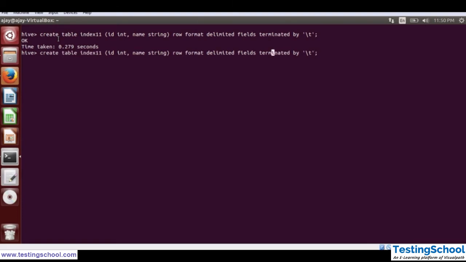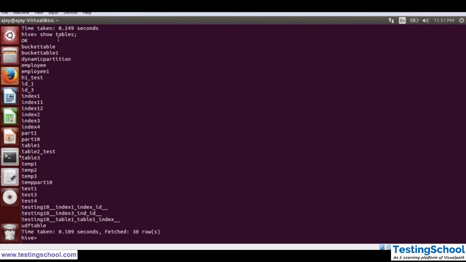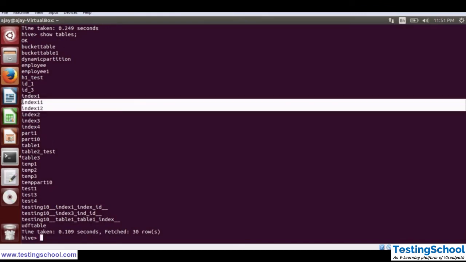In a similar manner, I am just creating another table. Let's say it is index12. So these two tables are ready. If I use show tables, then index11 and index12 are created.